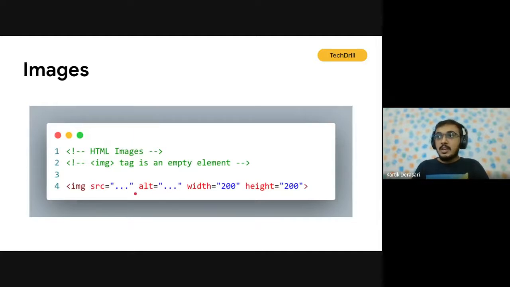So generally, for example, if I'm placing the logo of GDG Jalandhar over here, then I will write GDG Jalandhar logo. We also can style the size of the image. So we can use width and height attributes over here, and these values are generally considered in pixels.